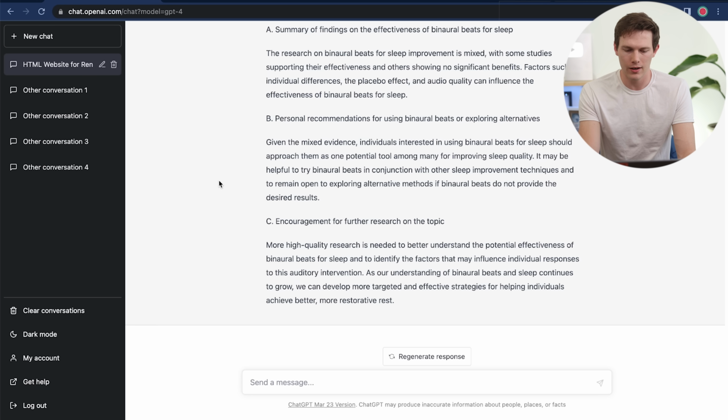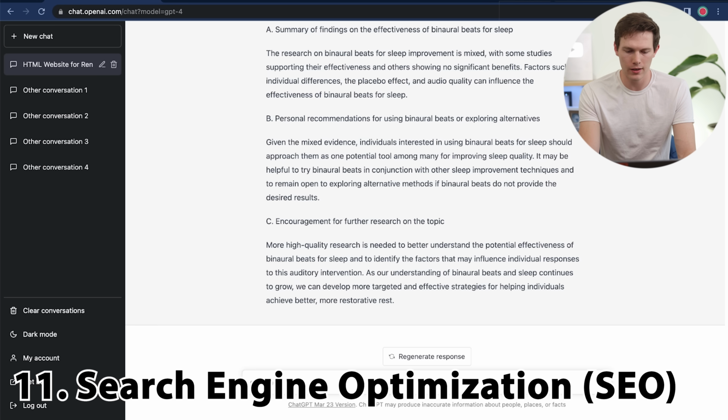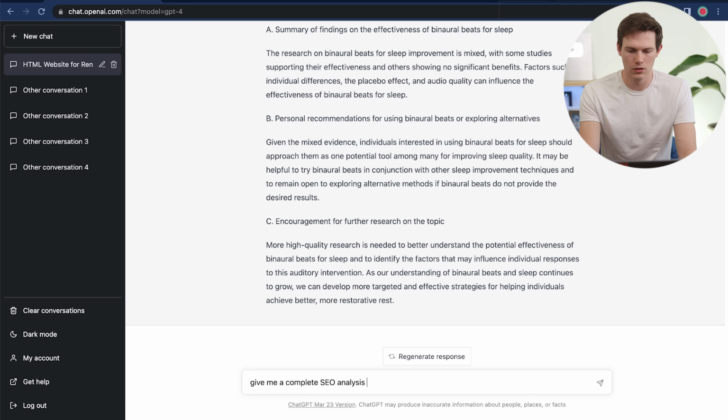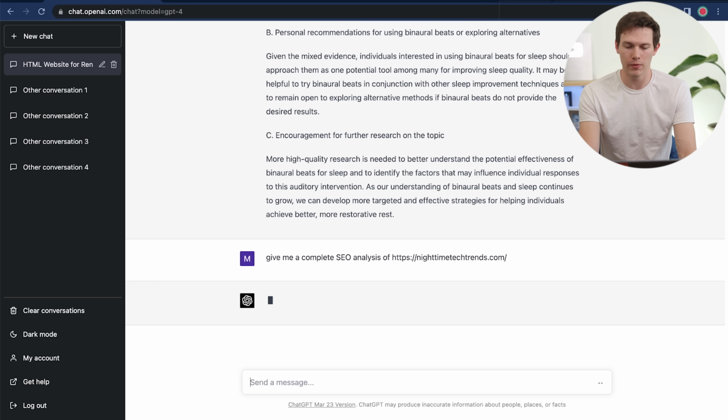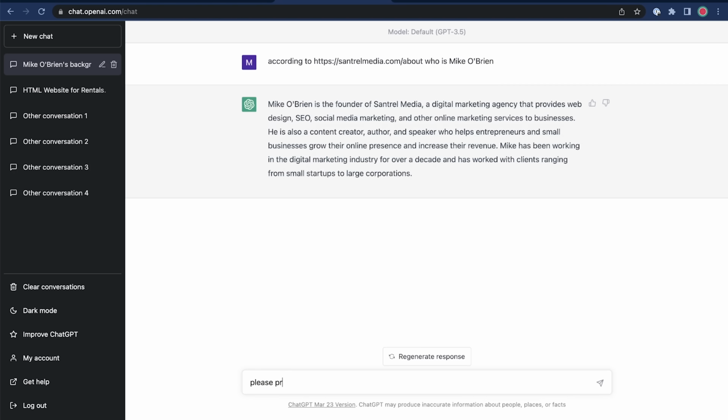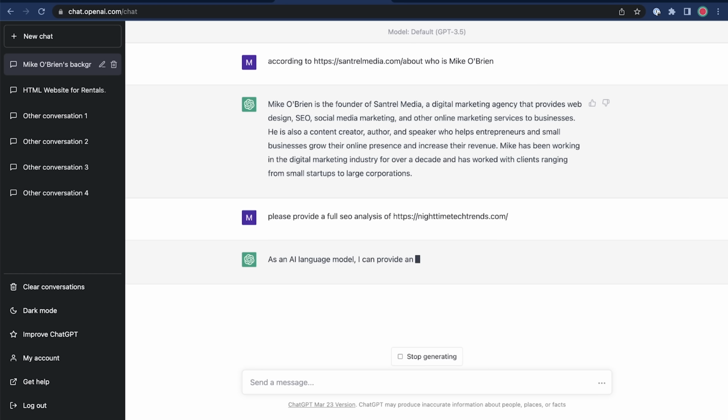So we can just say, give me a complete SEO analysis of, and then I can just paste my URL there. It's going to check out the website. Thanks to a recent update, ChatGPT can now access websites. So if we just ask it right now to provide a full SEO analysis of our website, nighttimetechtrends.com, it'll access it and it'll tell you,